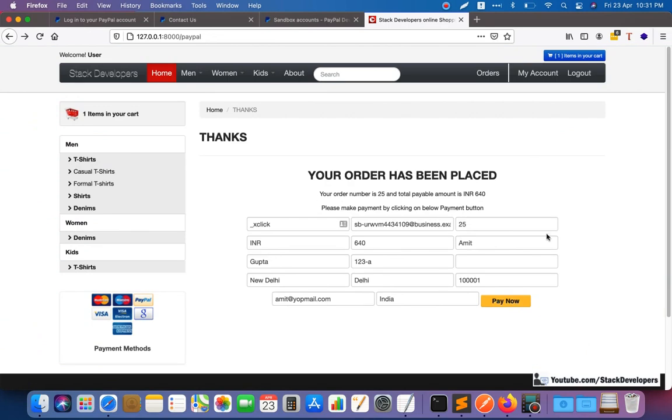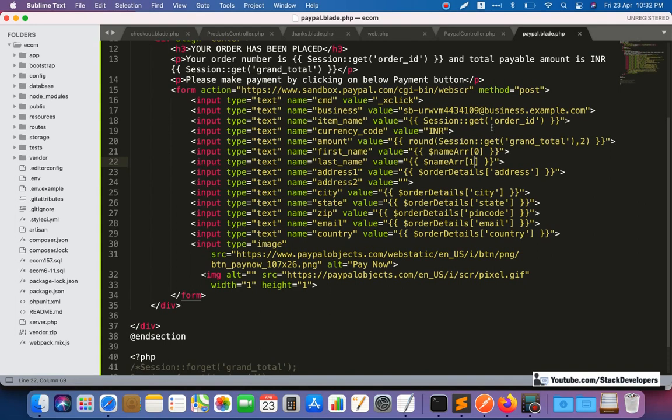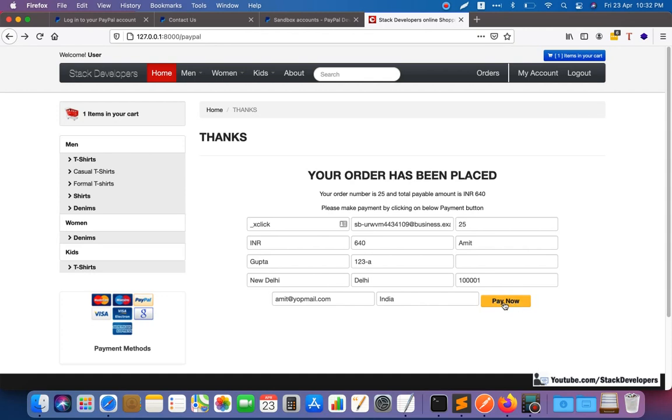Okay, so now I'm going to test once again. I reached this page, and now I'm going to click on pay now. See, all the values are coming up and the changes that we have done. We rounded off the values here. Name, we have given first name and last name, and all the details we have added here. And here we are using sandbox.paypal.com. So let's try. I'm going to click on pay now and hope the payment gateway comes up now.